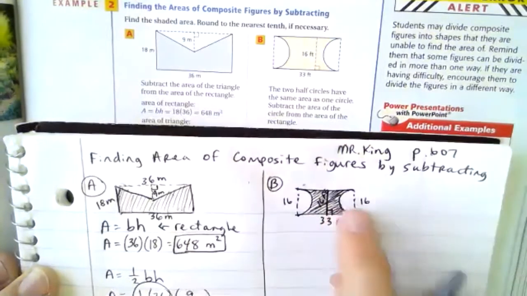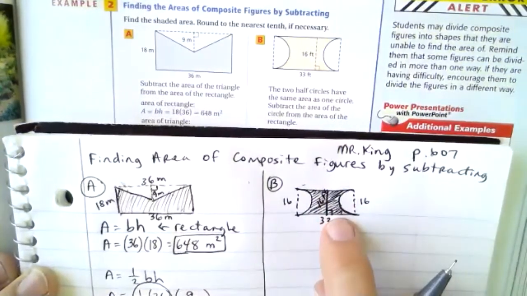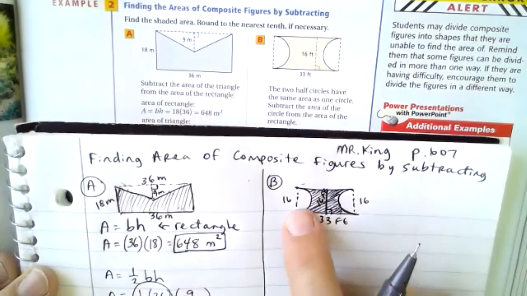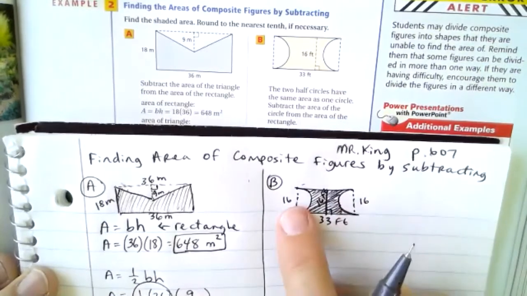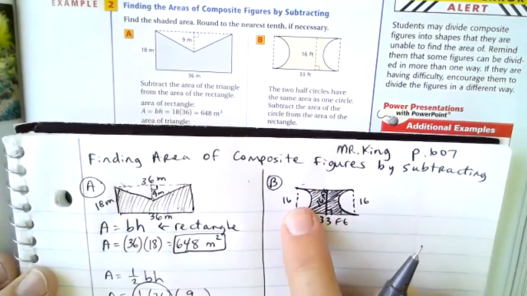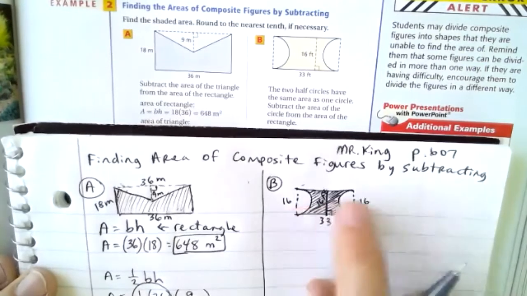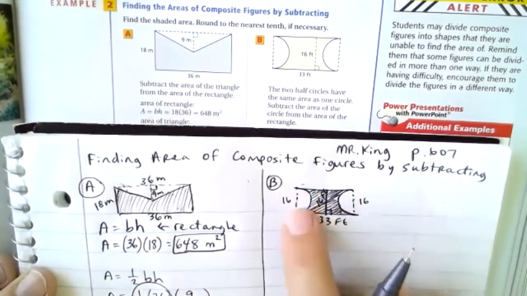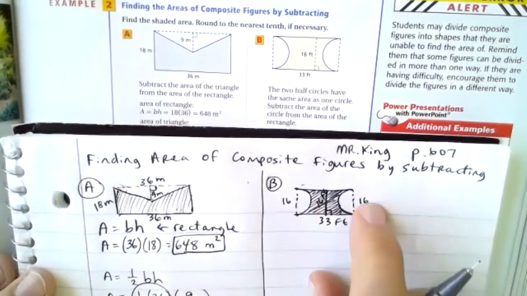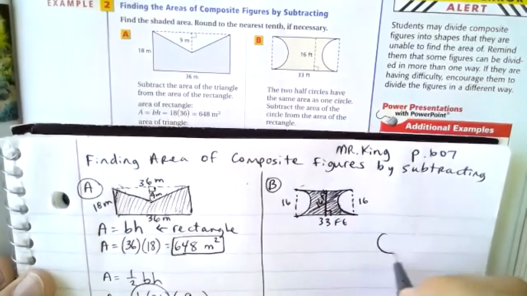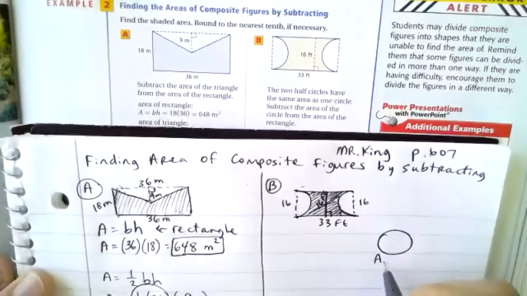Now, you need to be smart about this, because you've got to think, okay, yes, I have two areas to subtract off, but what if I put those two areas together? What would that look like? You notice how that's a semicircle and that's a semicircle, right? And they're the same size as far as the diameter is concerned. Well, if you put these together, that would make an entire circle. So we're going to say the area of the circle,